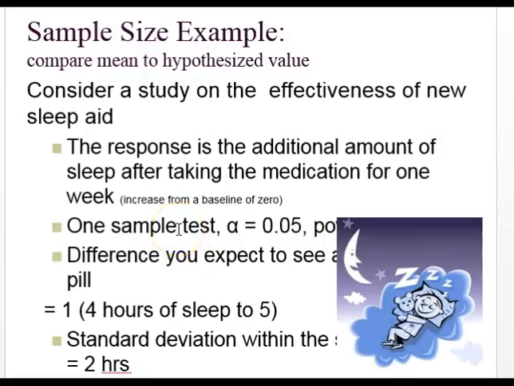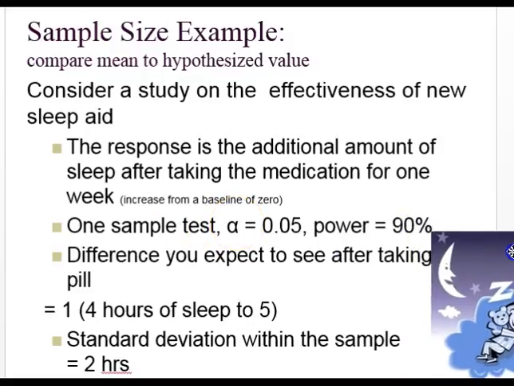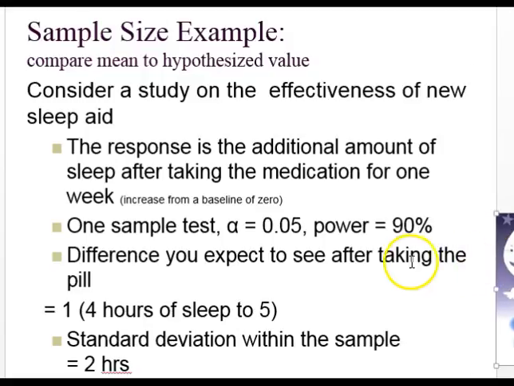If we're doing a one sample test, we're going to set our p-value threshold at 0.05. It looks like we want our power to be 90%, right? So we really don't want to miss something if it's truly going on because, hey, we paid a lot of money to develop this drug, right? So we want a power value of 0.9, and we're setting that p-value threshold at 0.05 just so we're still